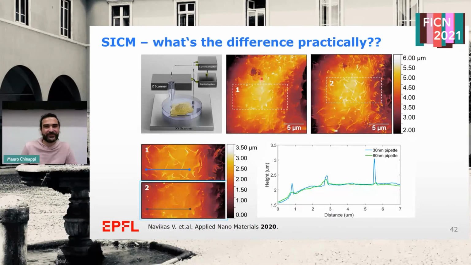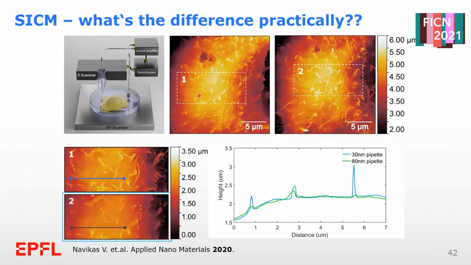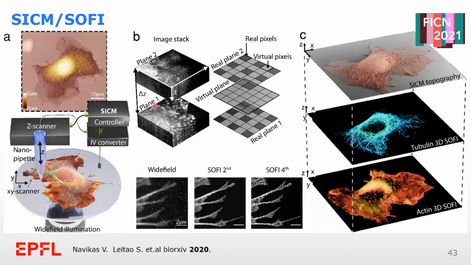Okay, so what we did is take the same cell surface, image it first with the 80 nanometer pipette and then the 30 nanometer pipette, and one can really appreciate the improvement in the resolution. We can go even further down, but what we wanted to do first is really to show that the techniques are compatible. So the high-speed scanning ion conductance microscopy and